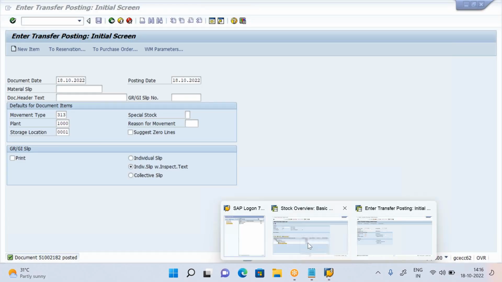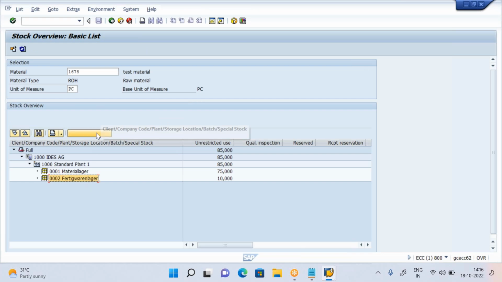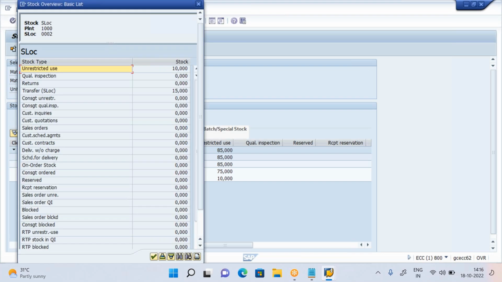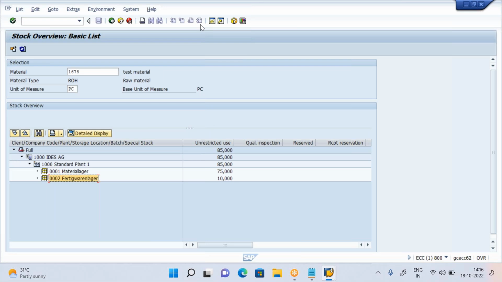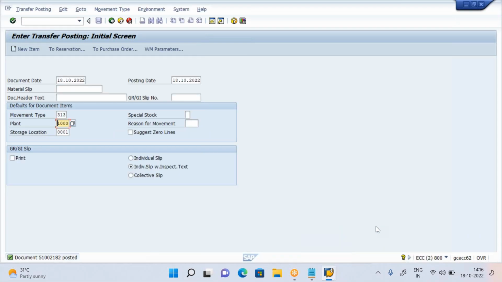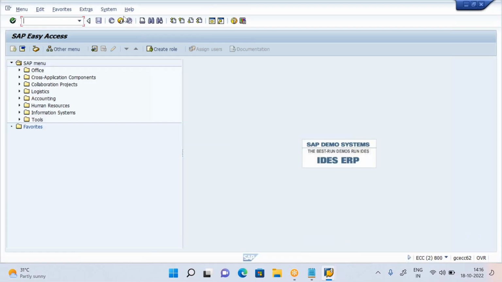So where can you see the stock in transit? Simply select the receiving store, go to detail display. So here 15 pieces are in transit, the transfer location. This is where the stock is available, 15 pieces. Clear? So just close here, and whenever the receiving store people receive it, they will go to